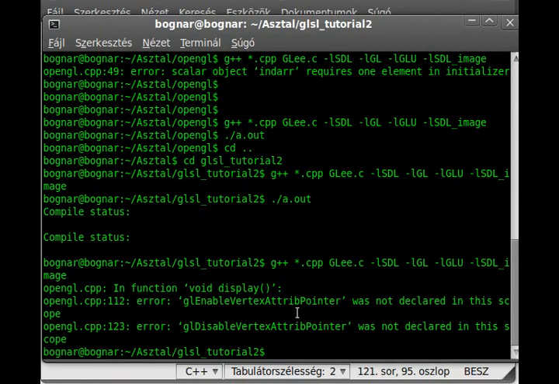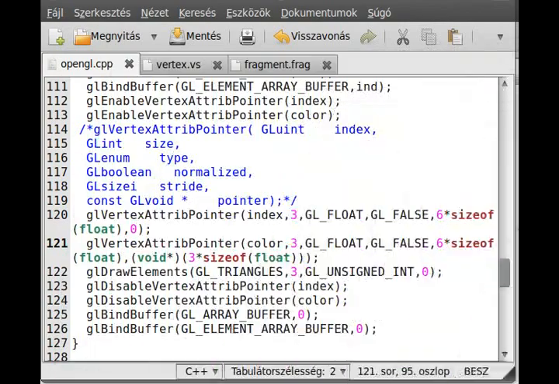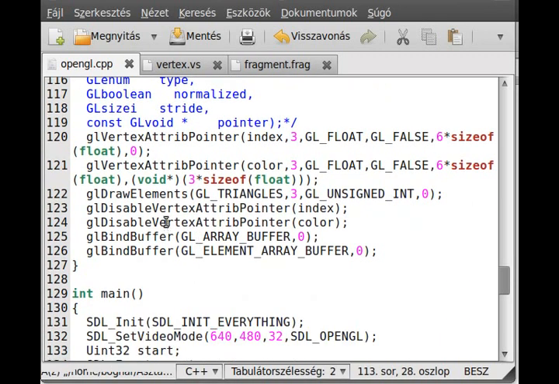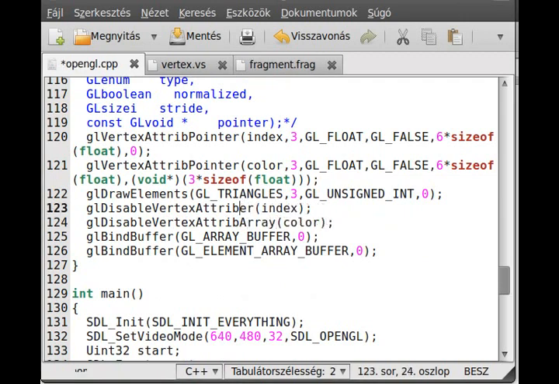GL enable vertex attrib pointer. Did I mistype that? Of course I did. This is array, not pointer. This is GL vertex array. The pointer is the vertex attrib pointer. This is array. And here as well. Sorry about this. Array. Okay, and now if I compile it, and of course in case of disable, this is array as well. So array, and here as well, array. Now if I compile it and run it,